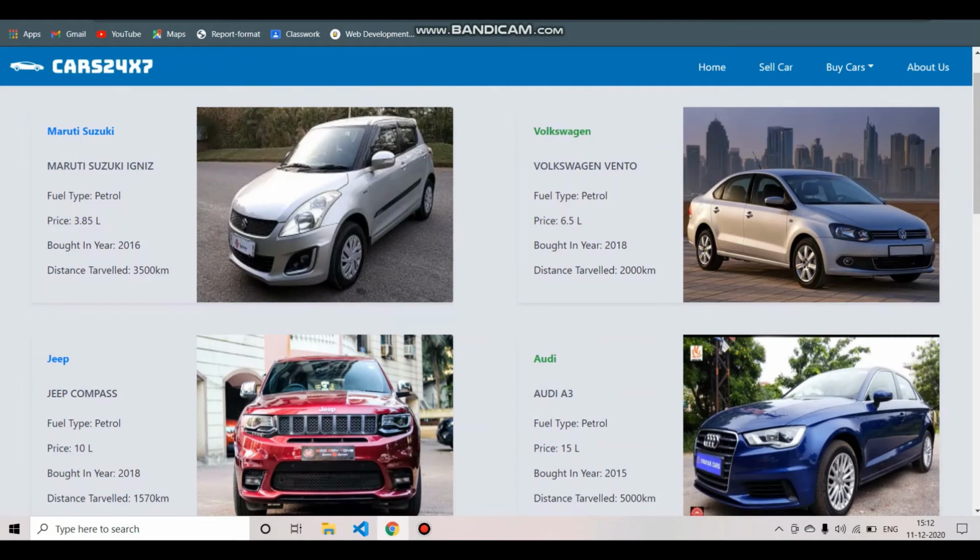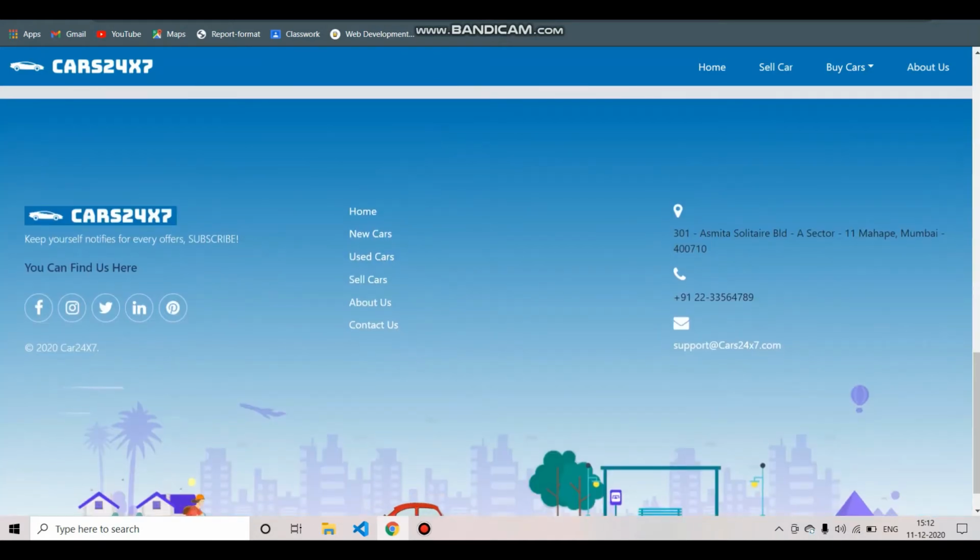Along with all the cards and description, the page also contains a nav bar and a footer. In the footer, we have used CSS animations in order to draw the attention of the user and to give our website a fun touch. CSS animations are nothing but an element gradually changing from one style to the other. In order to use CSS animation, one must first specify some keyframes for the animation.